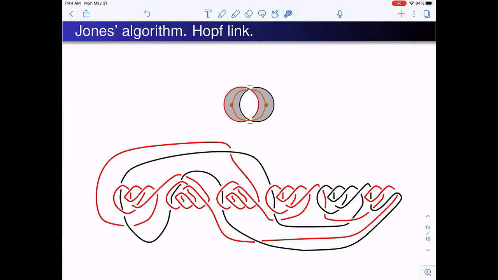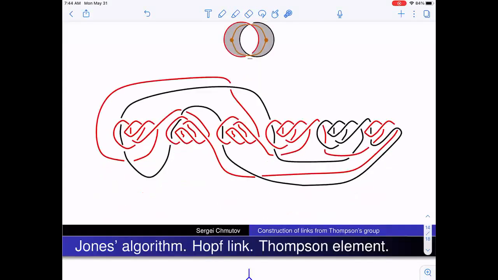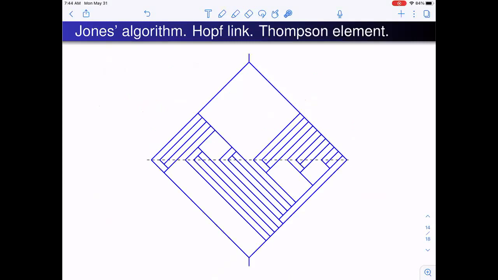Not that ugly. And well, it is not very difficult to see that indeed this is a Hopf link, and I just colored the components of the Hopf link to recognize which one is which, to sort them out. And that is the corresponding element of the Thompson group. So that is a pair of trees which corresponds to this diagram. So it is hard as that one. And there are 24 leaves, and we saw that actually for the Hopf link we need only 5 leaves, and here there are 24 of those leaves